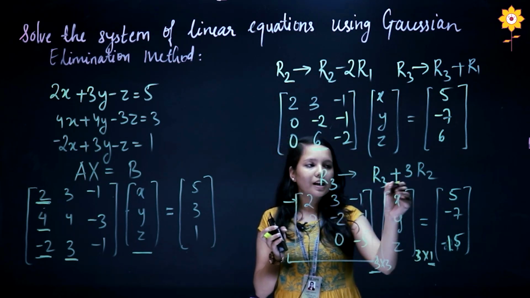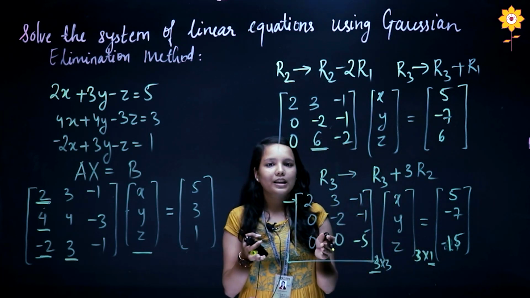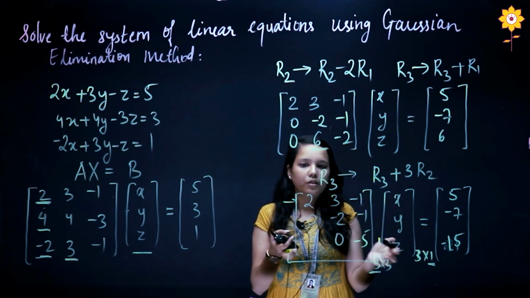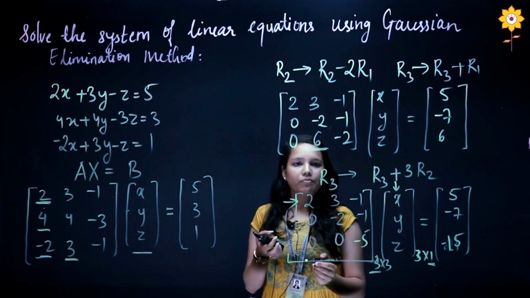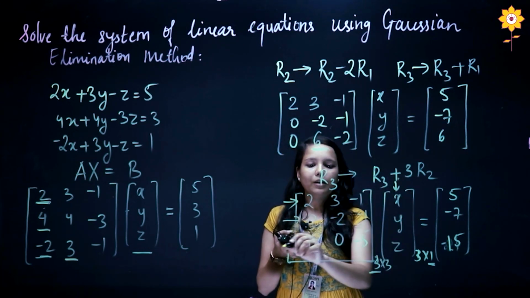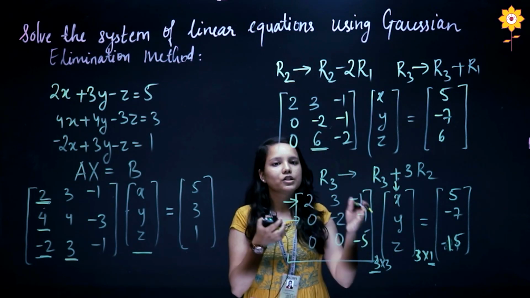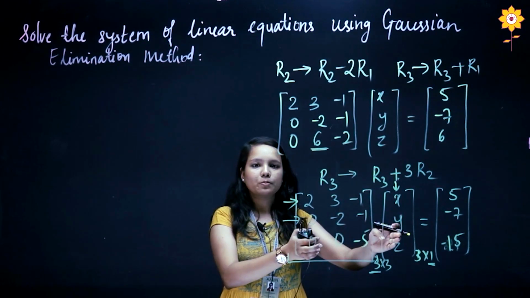So 3 cross 1 means I am going to get a matrix of this form after multiplication. So basically we are going to get a matrix of order 3 cross 1. So how will we get that? We need to multiply this row with this column, then this row with this column and this row with this column. In this way I will get the 3 entries and then we just have to do the multiplication. So now we need to multiply these two matrices.